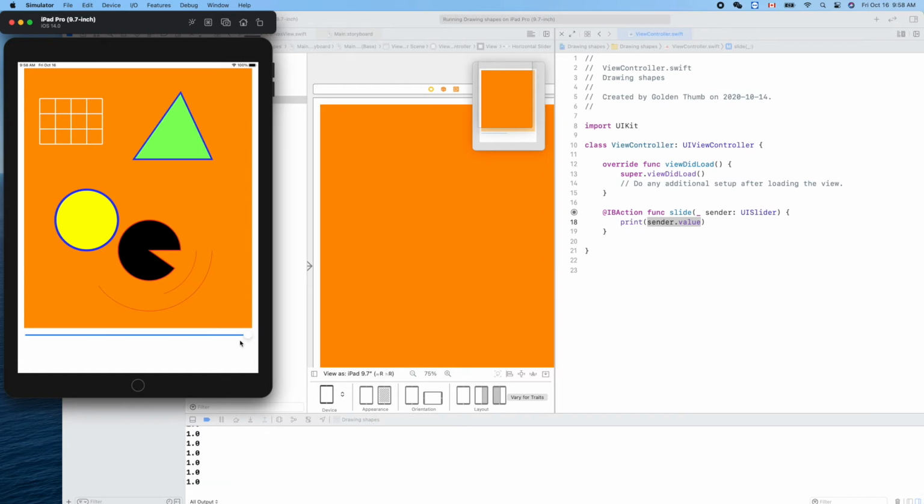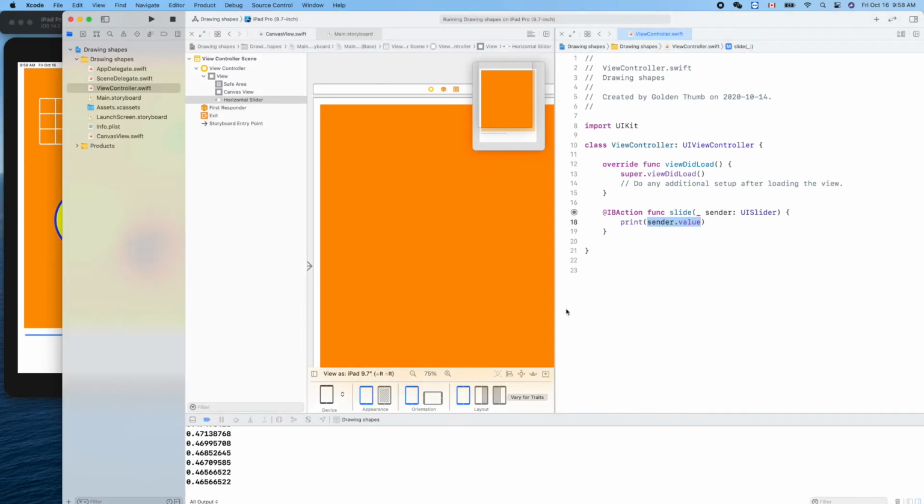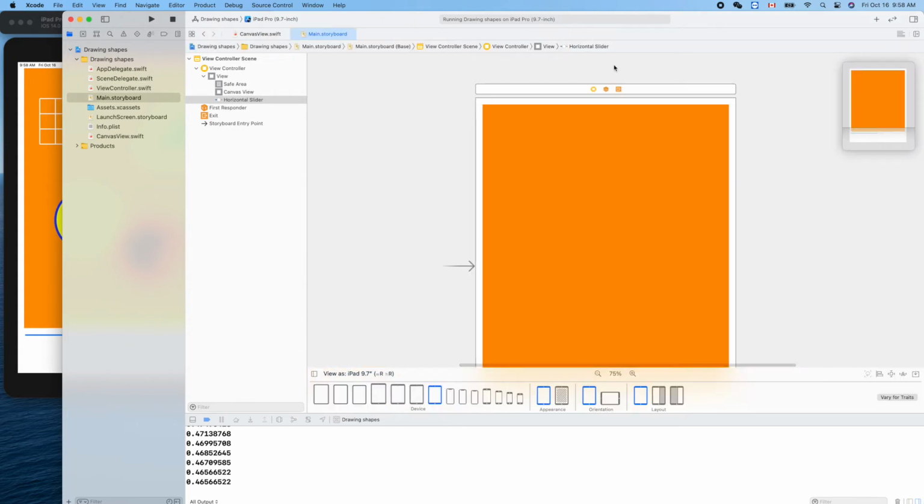Okay, 1.0. So the data type is float. Now let's hide the view controller and bring up the property settings, and